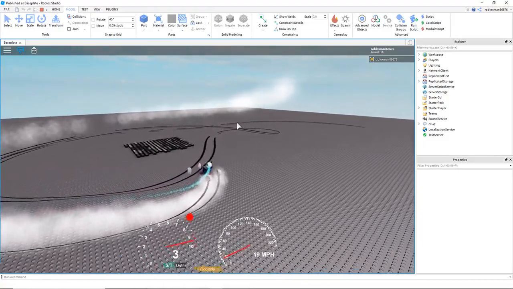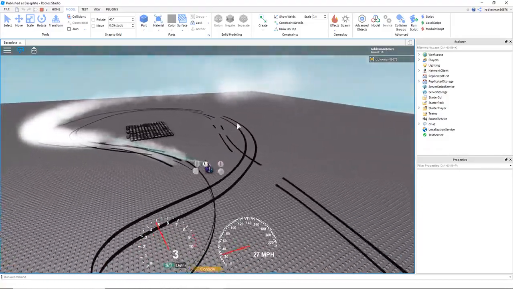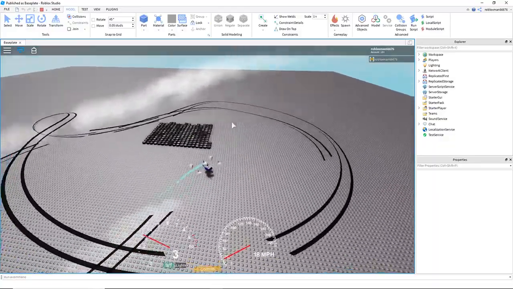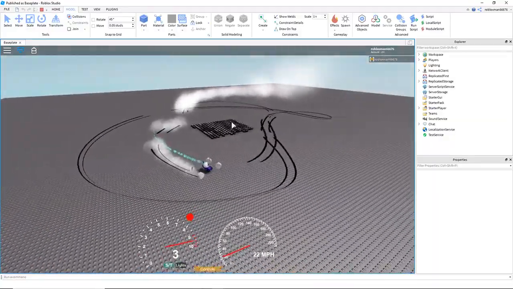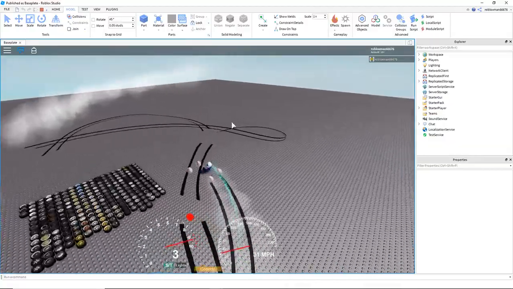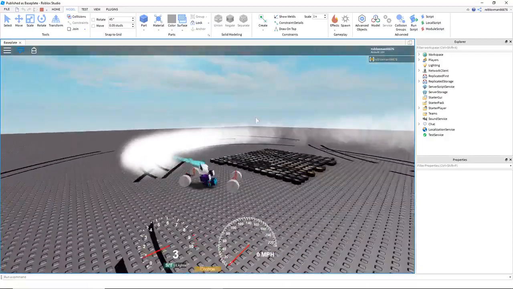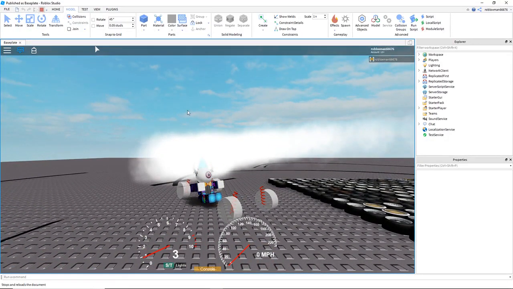Basically what that means is they are rear-wheel drive chassis, no all-wheel drive drifting. If you wanted to get into that, I'm sorry, I'm not really good at that, so I'm not gonna act like I know what I'm doing. But yeah, once you have your chassis,